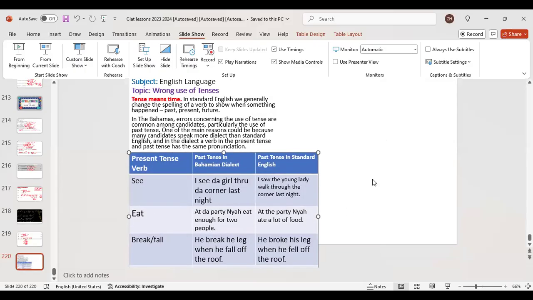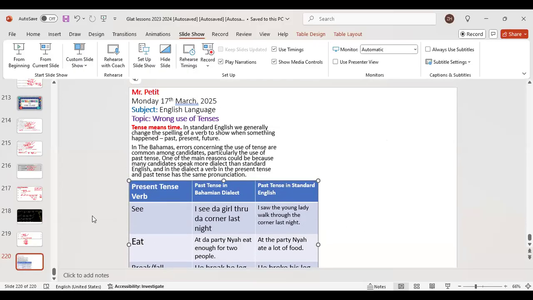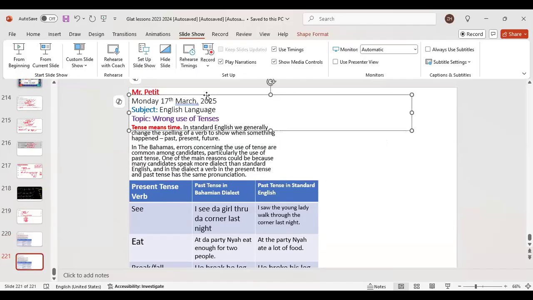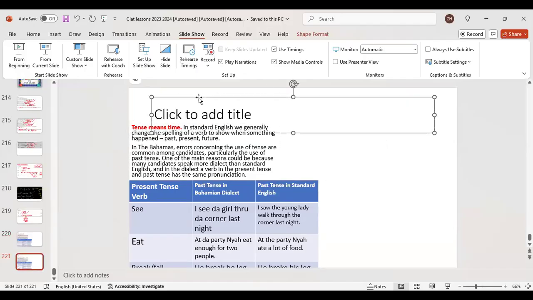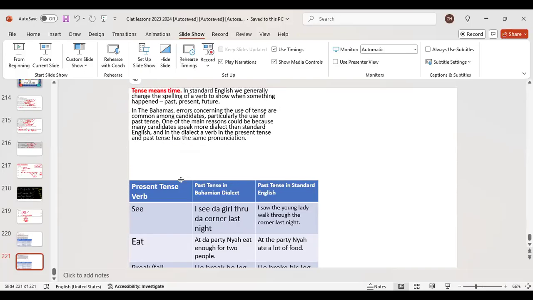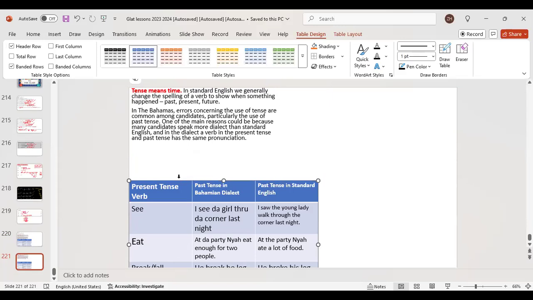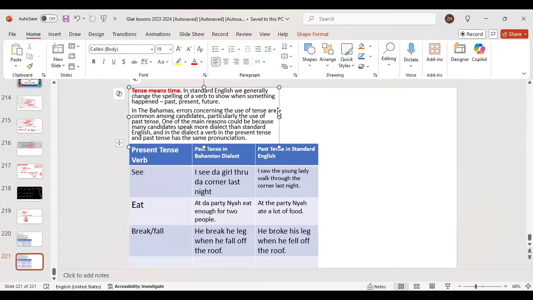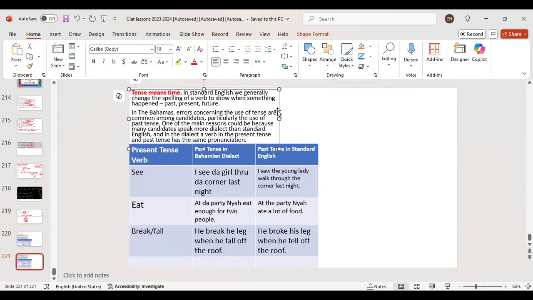Okay, good. What I need to do is because I still want to show this because some of y'all are still not finished with this. So still I gotta do that in standard English, past tense, mean time. La, la, la. Good. All right, so